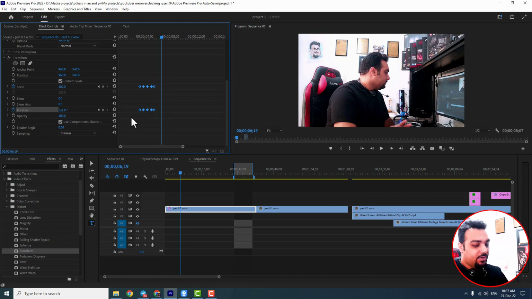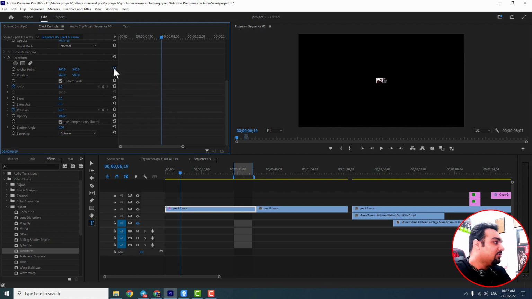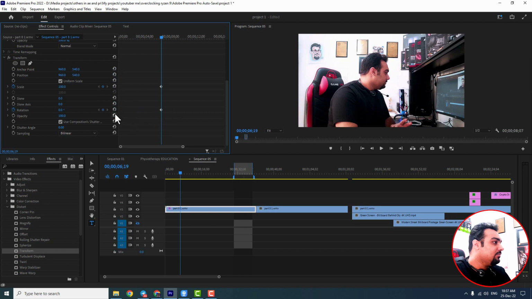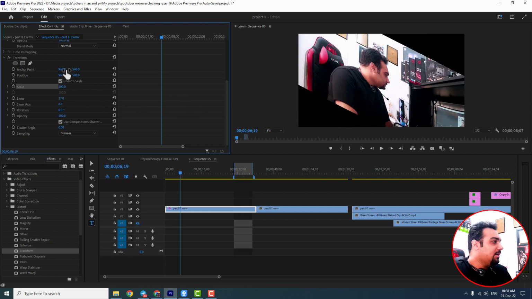But normally, if I delete all these things and I put them all back to normal and turn off these keyframes. So imagine you have a kind of flag bar somewhere into streets or into school or anywhere like that, and you want to add your video on a kind of flag or a kind of flaggy way. It moves like while the wind is going into a flag and move it, for example, like a kind of wavy way. So you can easily do such a thing like skewing it, make it smaller,